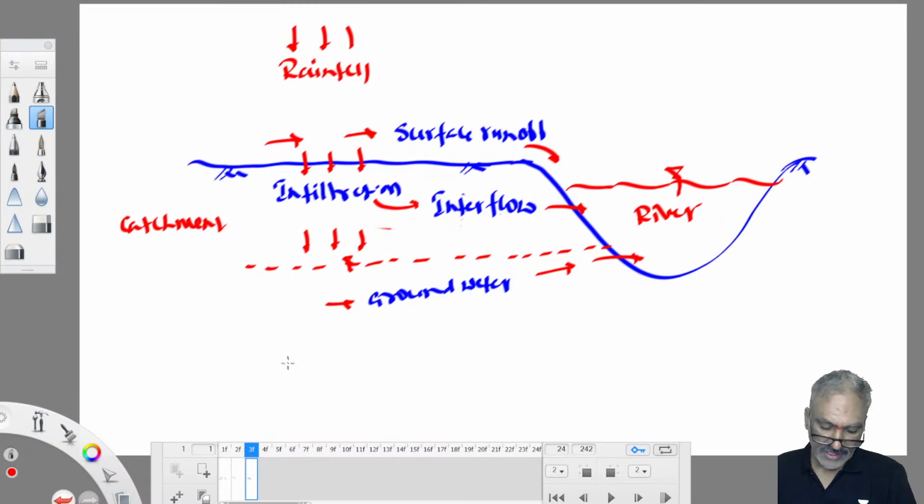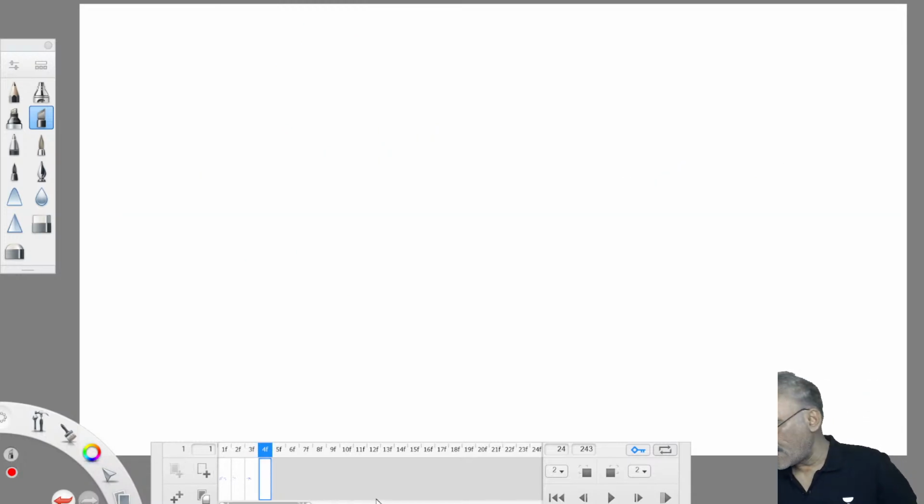So depending upon that, it is known by different names, whatever it may be. Ultimately, whether the water joins the water body or not, that is important. Based on the time delay in joining the water body,